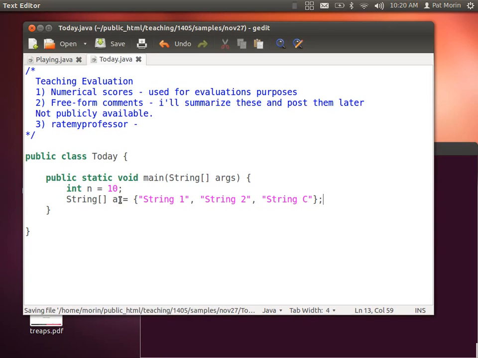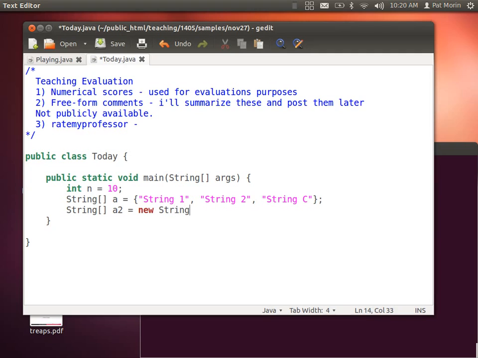So that's an array that contains 3 strings. Or we could say something like, here's an array that is an array of strings, and I would like it to contain n strings. So in this case, it'll contain 10 strings. Okay. So both of these things create arrays, and arrays are a little bit like the lists that we saw